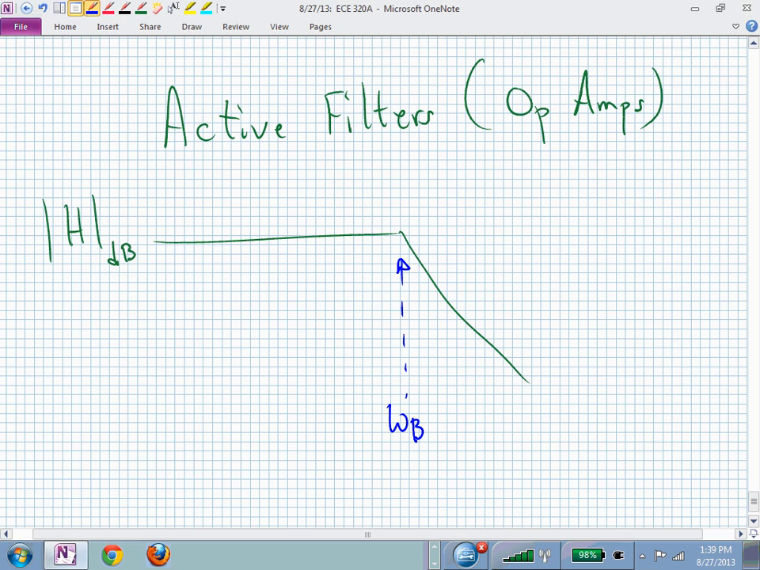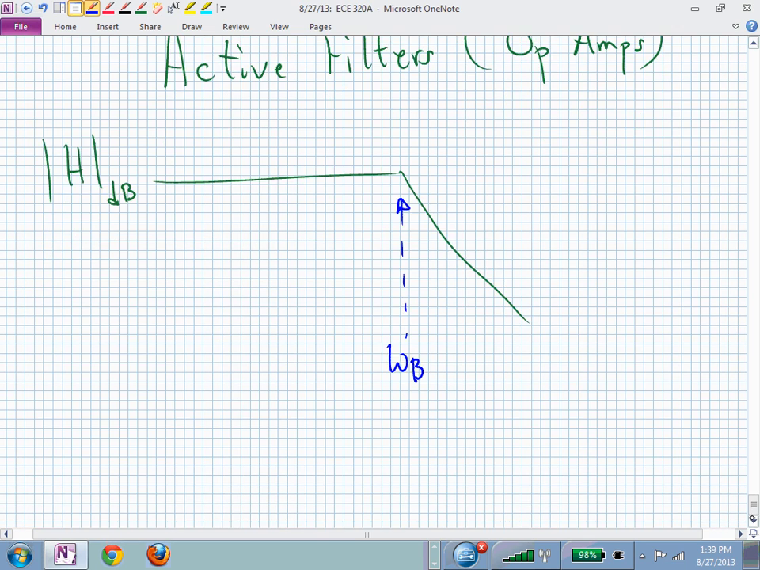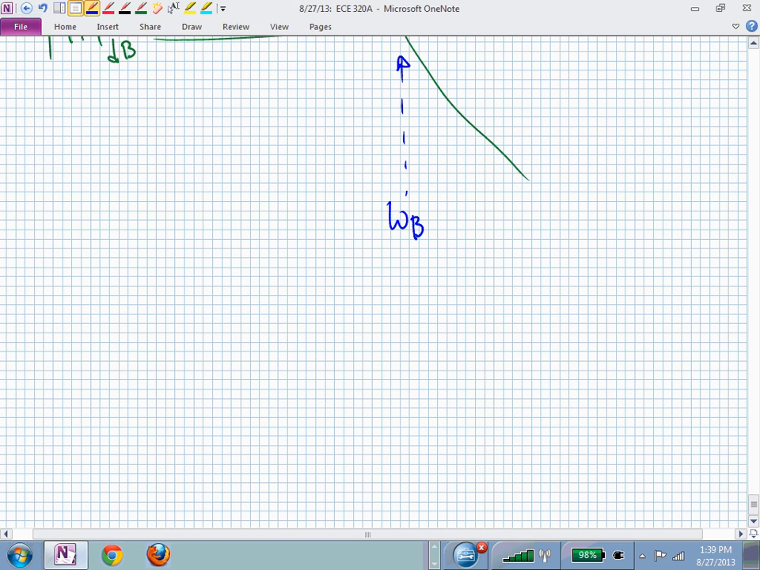That means we need more op amps. That means we need a higher order filter. The higher order we have, the sharper that slope is going to be. And we're going to learn about that and figure out what we need. We'll learn how to find or design this omega sub b. We can then generalize these filters